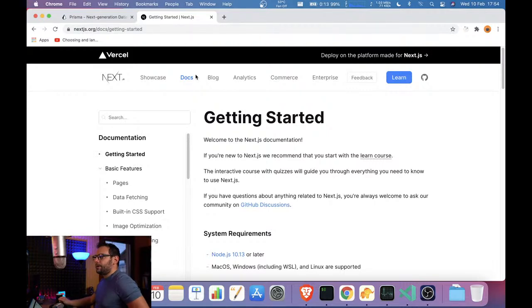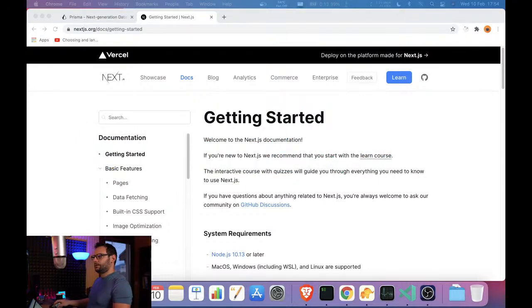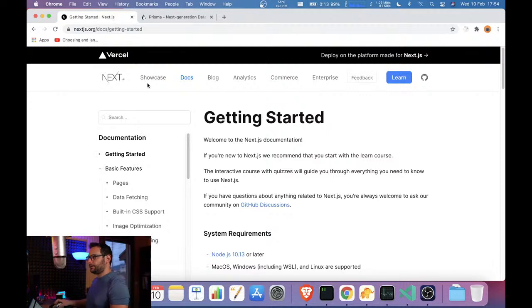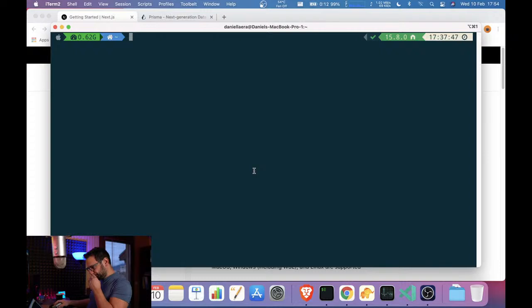Just gonna wait to see if somebody is live. So, Next.js and Prisma. You guys know how to create Next.js projects, create-next-app, with npx. What version of npx do I have?